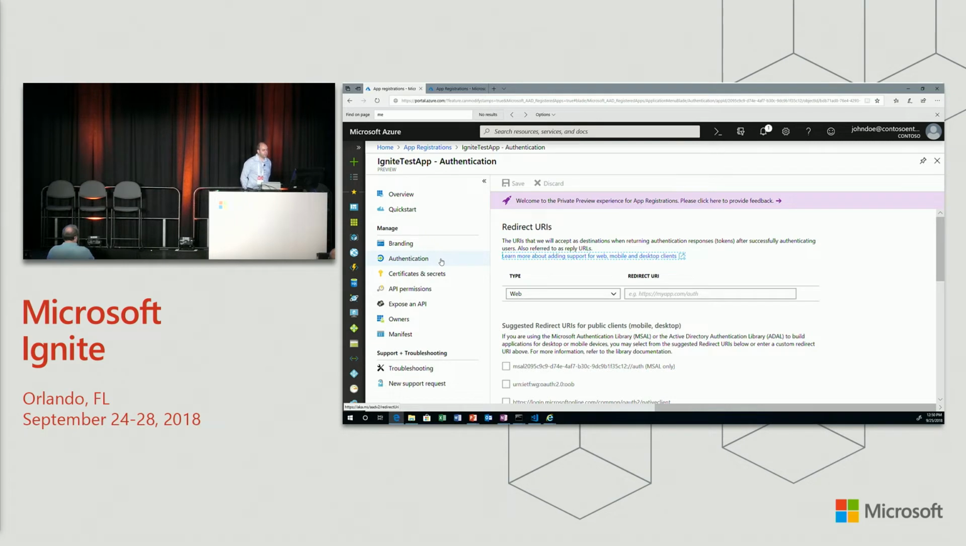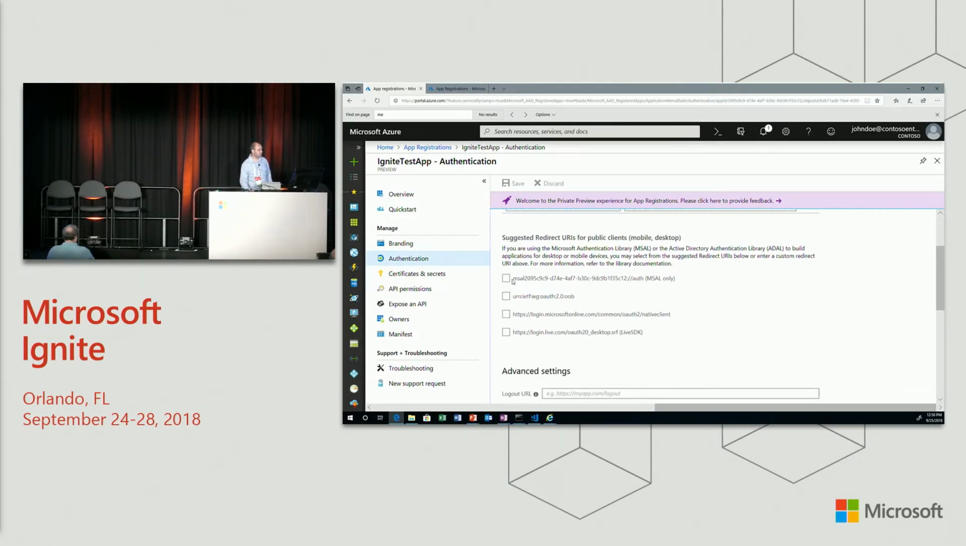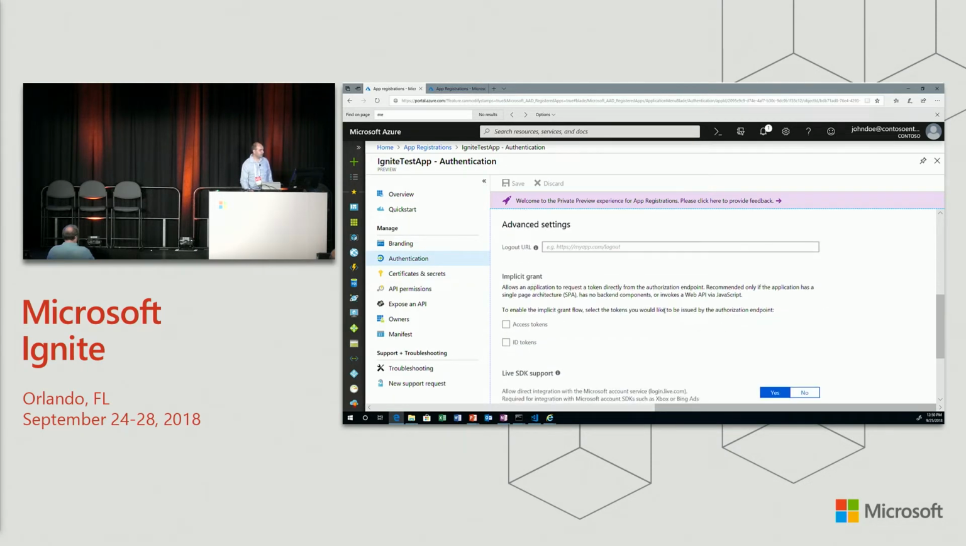Next up is authentication. So all those things that you need to do while integrating your app to get it working smoothly in terms of redirect URLs, we've brought that all together in one place. We've made some suggestions in terms of common redirect URIs that are in our samples and docs. We've made it easy to